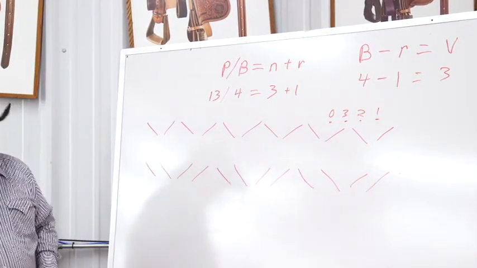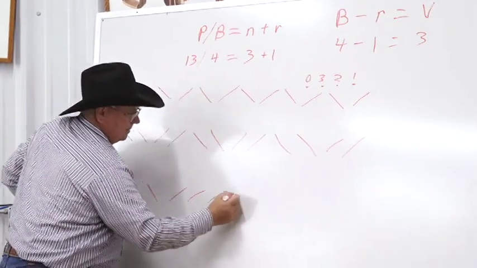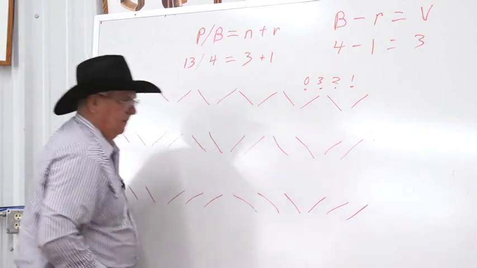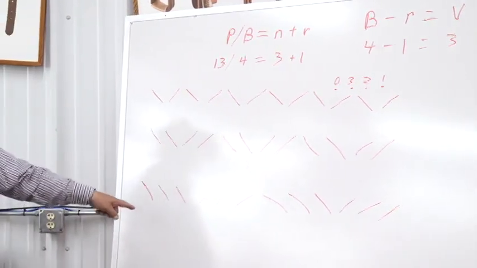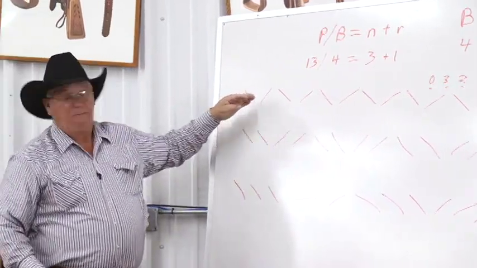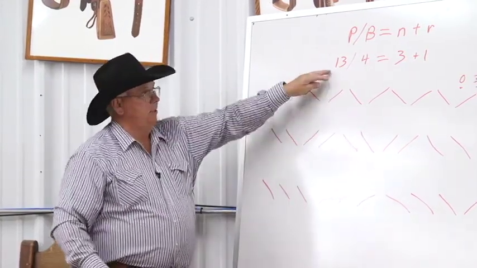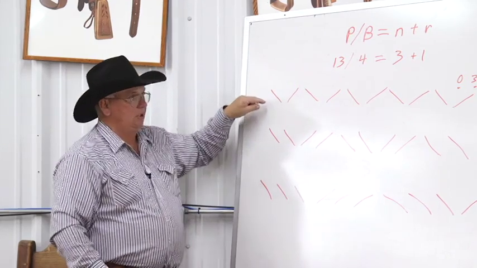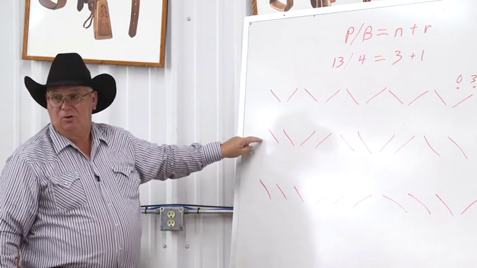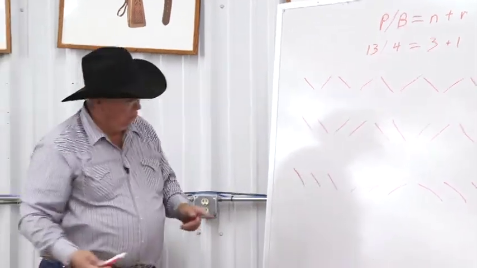If we wanted a 3-pass gaucho, 1, 2, 3, 4, 5, 6, 7, 8, 9, 10, 11, 12. That would be that knot tied in a 3-pass gaucho. All of our math was the same because it was a 13-4 all the way through. But because it was a 13 part, I was able to do it as a casa knot with an over 1, under 1, a 2-pass gaucho with an over 2, under 2, or a 3-pass, or we could do